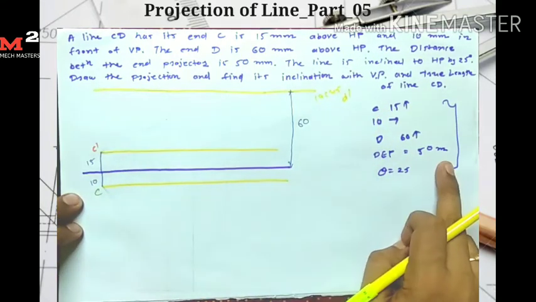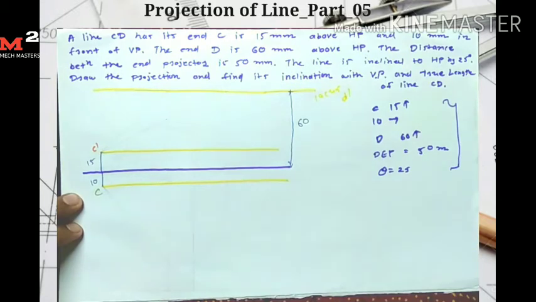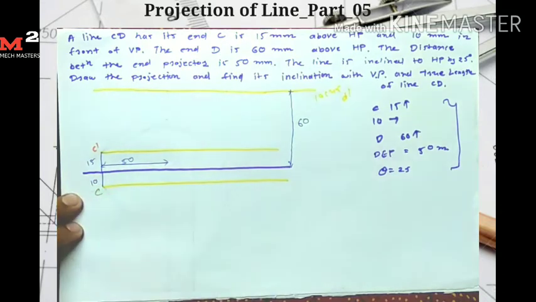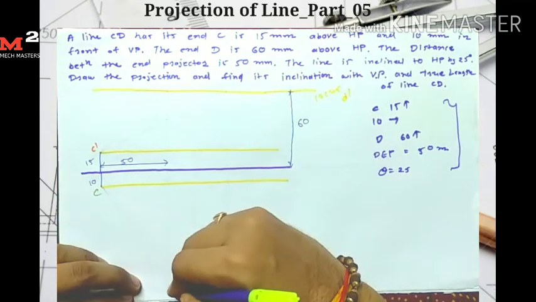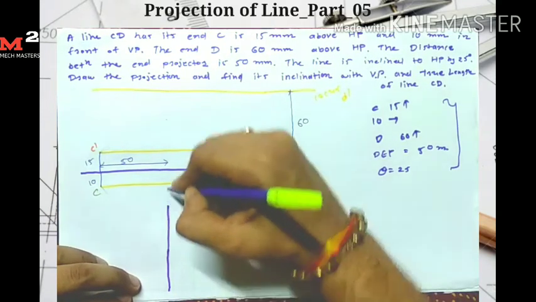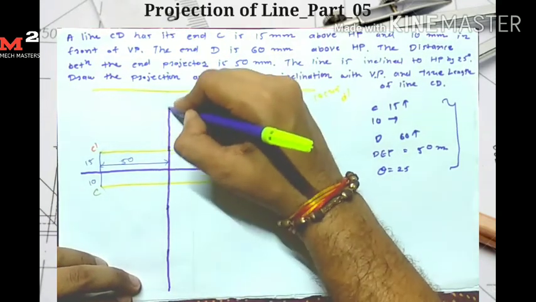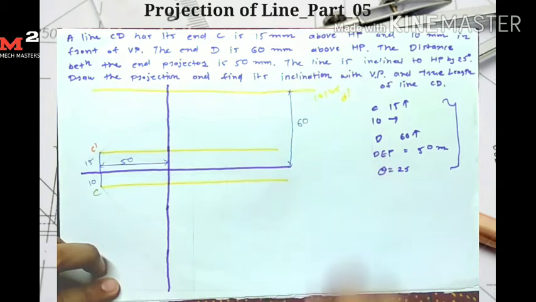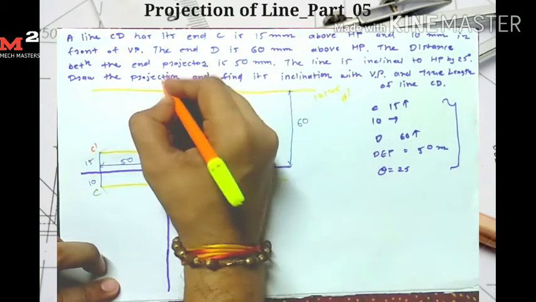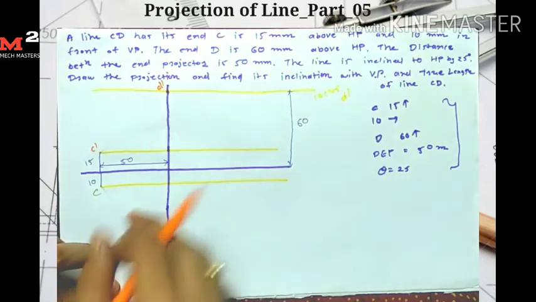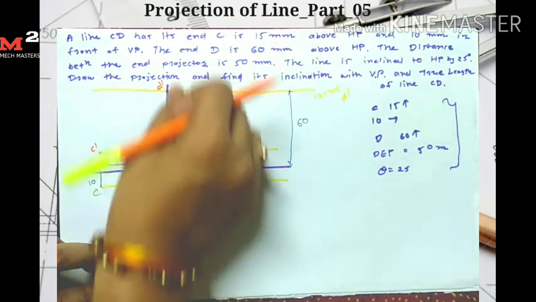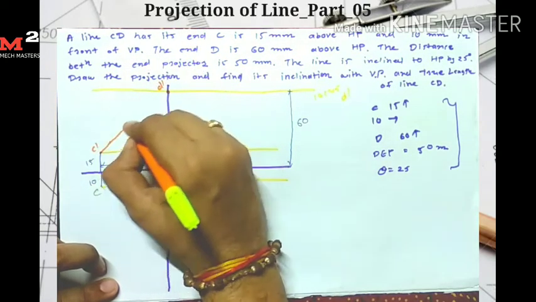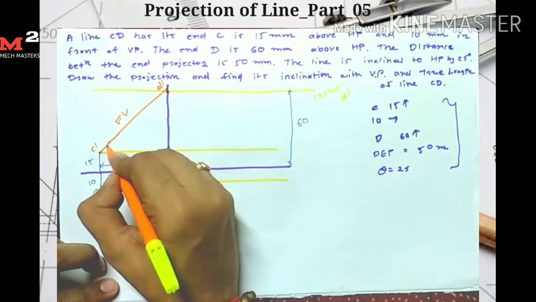Okay, now the distance between end projectors is 50 mm. So from here I measure the 50 mm distance and draw one vertical line. So I get a D dash point on this line, and I also get a D dash point on this horizontal line. So the intersection of these lines gives me the point D dash, because its distance is 60 mm above the reference line. Okay, so this line C dash D dash is my final front view,